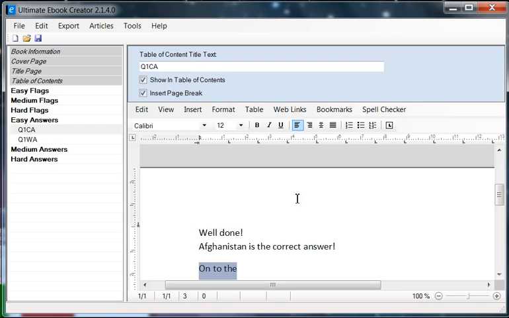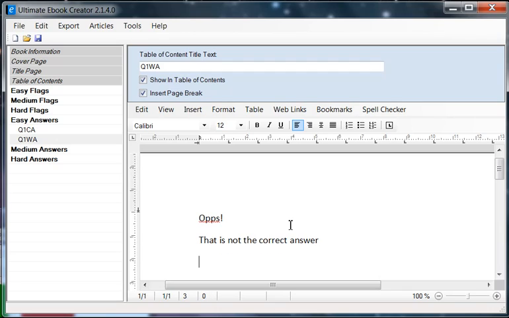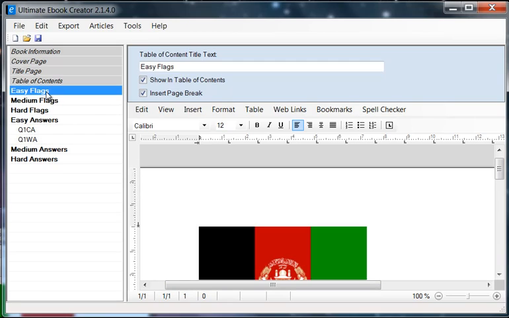On to something like move on to the next question. Okay, or let's just say next question, something like that. Alright, and here we'll say oops, that is not the correct answer, please, and something like try again, right? Something like that. So what we are going to do is we are going to go back to our